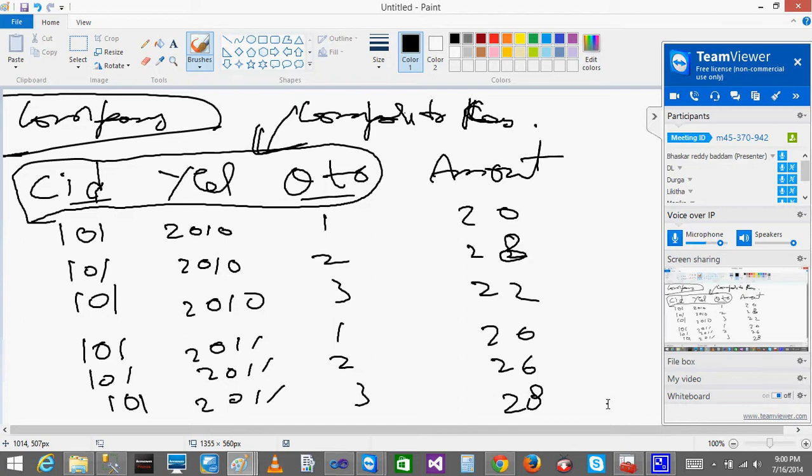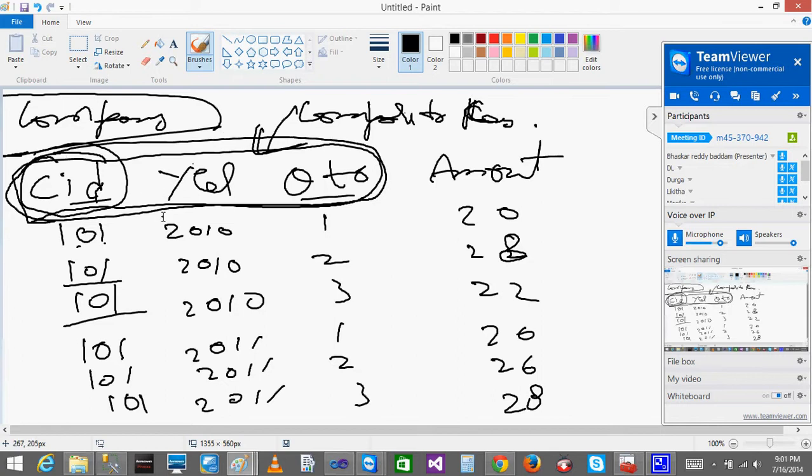Yeah, please go ahead. The values in the company ID don't matter if you want to create a primary key for all three. See, you can't create a primary key on this single column, because 101 is repeated, right? When I create a primary key on these 3 columns, it will check all 3 together as unique. The combination of these 3 cannot repeat again. Oh, okay, I got it. 101, year and quarter cannot repeat again.